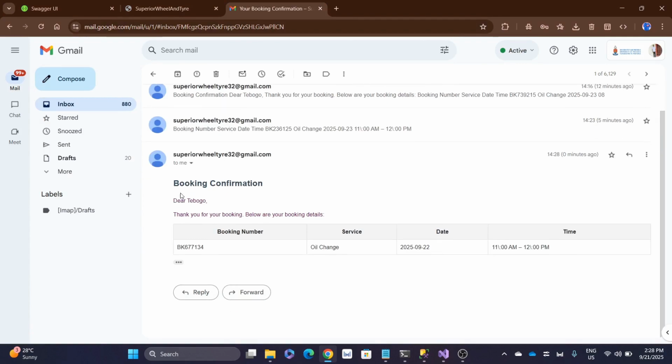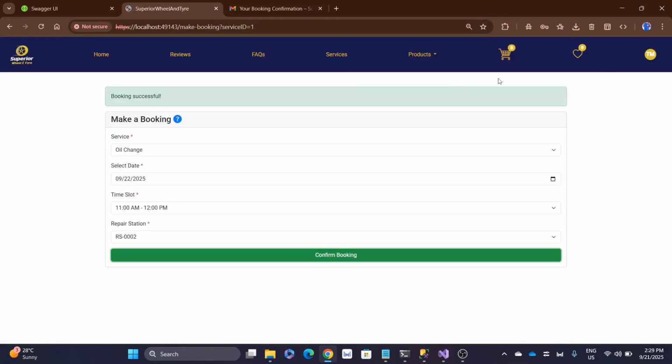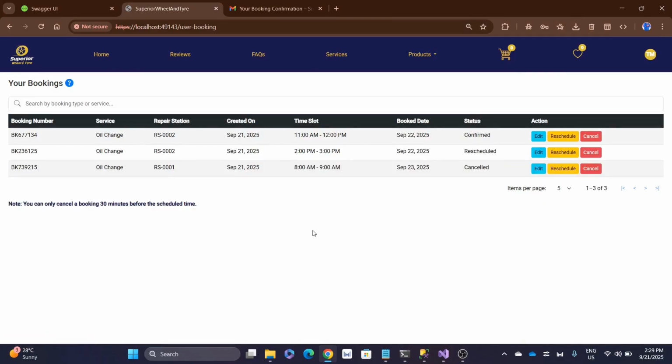It tells you your booking number, and the service type, the date, and also the time. So now we will move on to the next use case, which is search booking. So you go to view profile, and then you view all the bookings, and then you see it's